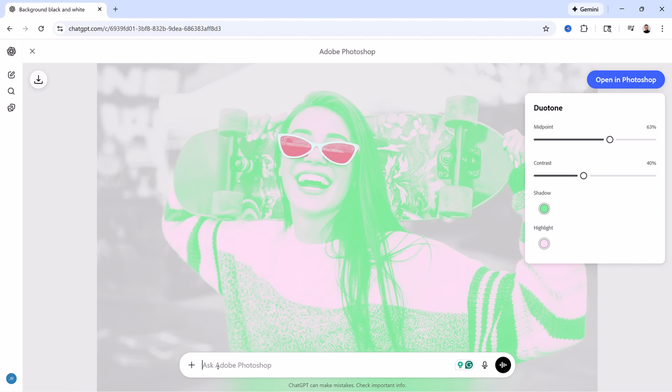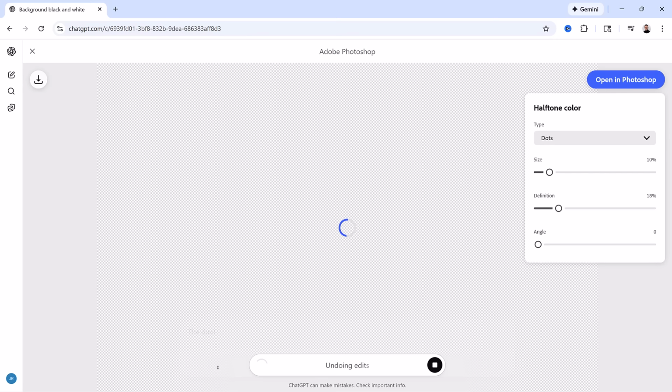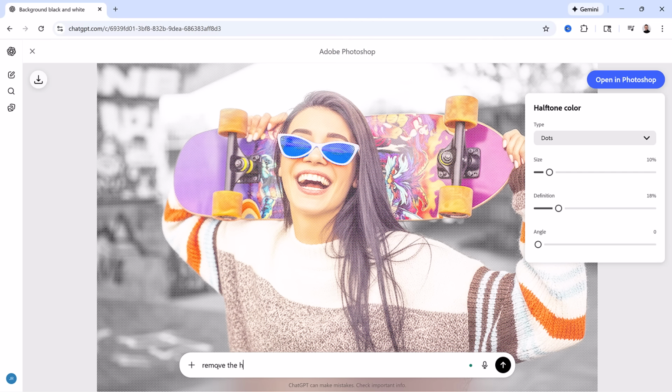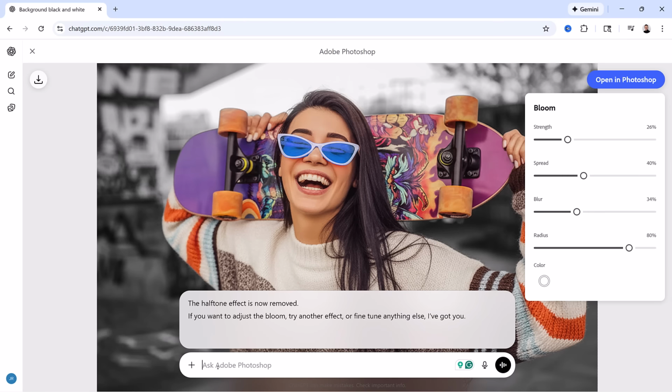So let me show you how to remove it. All you need to do is go to the prompt box and type remove the duotone effect. And in just a few moments, ChatGPT will remove this effect. I also don't like the halftone effect, so I'll type to remove this effect from the prompt box and apply the changes. Now our image is back to when we applied the bloom effect,